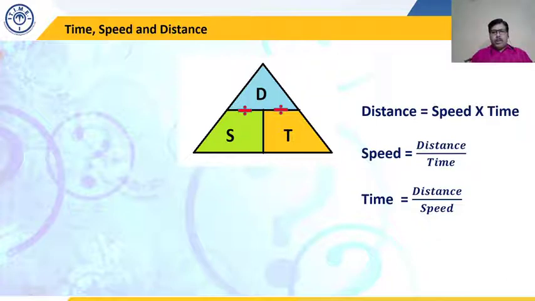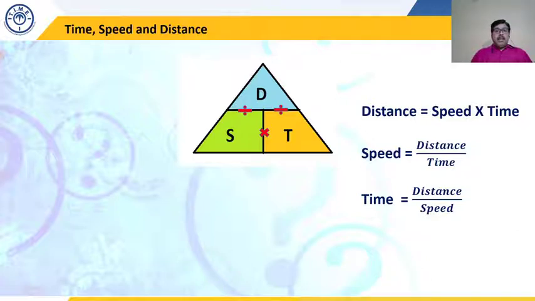So these are the three basic formulas. Can I say all these formulas are kind of reframing of the same formula? If I say distance equal to speed into time, or speed equal to distance upon time, or time equal to distance upon speed, all three are the same. It is a different orientation of one formula. So in time, speed and distance chapter, speed means uniform speed, and it is normally represented by kilometer per hour or mile per hour.